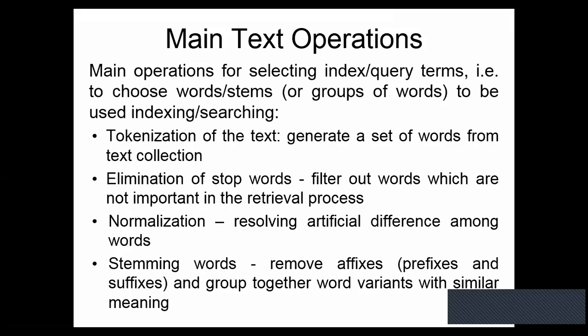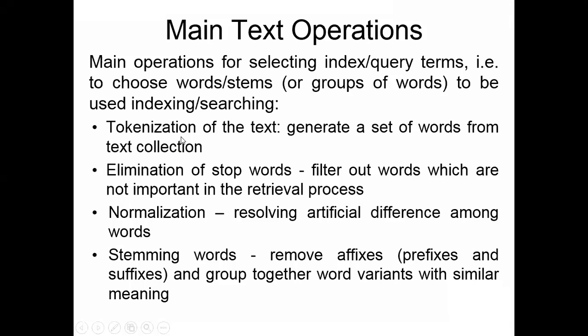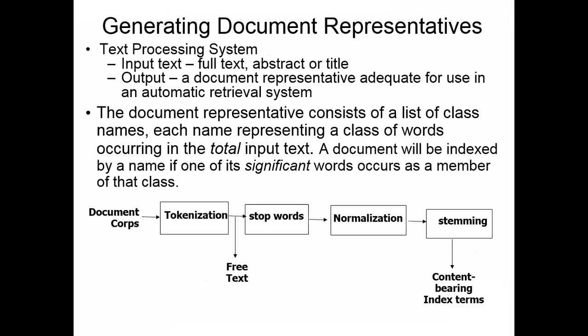So during text operation, at least we have to do the 4 tasks. They are not as easy as we expect, even when we are tokenizing document. So as we said, the sequence will be decided later through experimentation. But given a free text collection, that means document collection, how can we identify index terms, terms that are used for indexing? How can we identify query terms, terms that are used for searching?